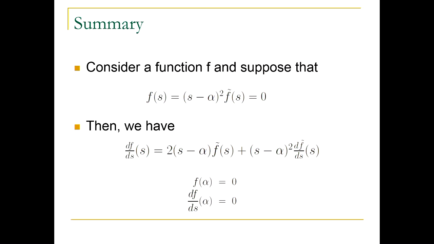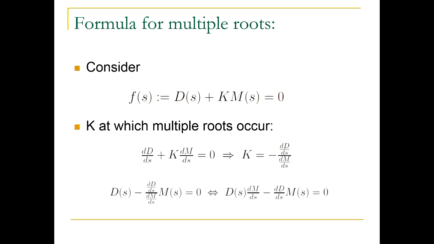So the idea is exactly the same as what I had here. We are just dealing with the special structure of the formula that we have. So d and m are polynomials. What you need to do is find a new polynomial, which is d times the derivative of m with respect to s minus the derivative of d times m, and you have to set this to 0. That will give you the points where, obviously, these points need to be on the root locus. This equation might give you extra points that are not on the root locus. But points that are on the root locus and solve this equation are points where we have branches crossing.